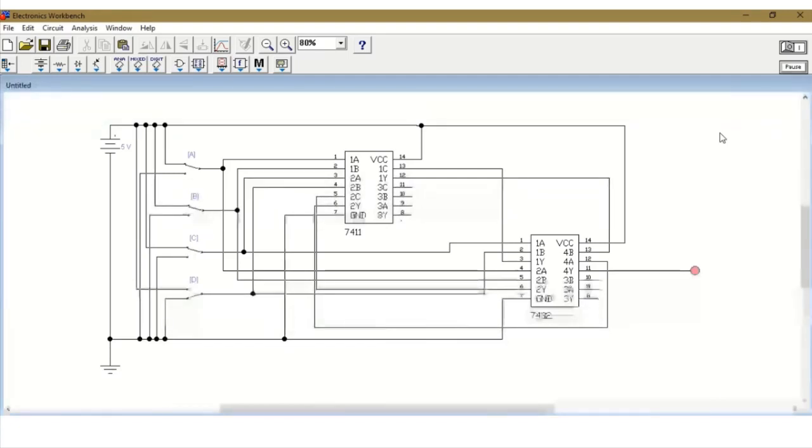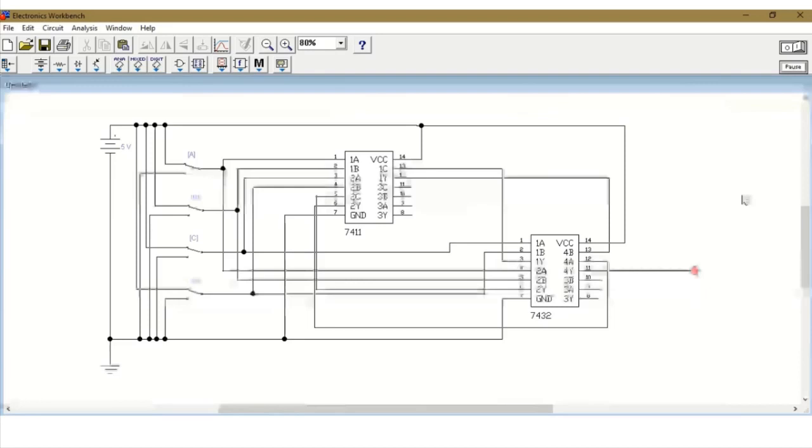Initially, all of them were at low, and you can see when three of them are high, we have a high output here and low otherwise. Again high when three of them are high, low otherwise. So when three of them are high, we again have a high. When all of them are high, we have obviously the high. So this is the circuit, and the same can be used for the problem.